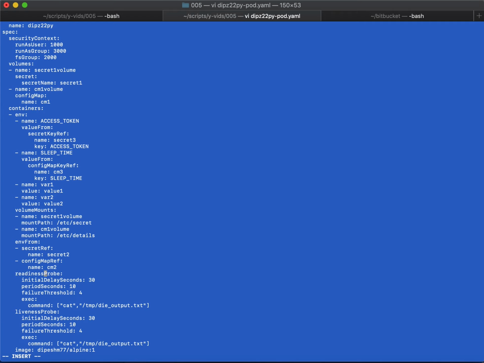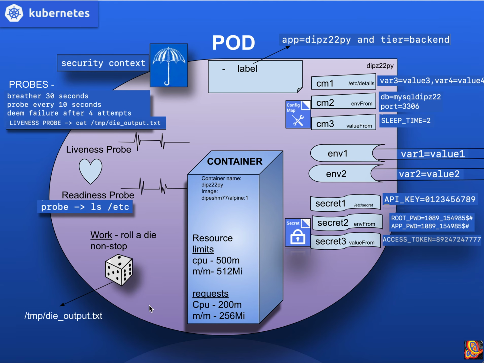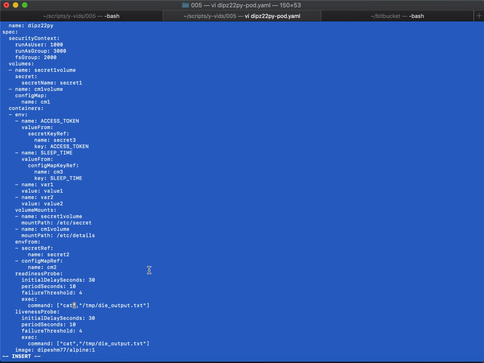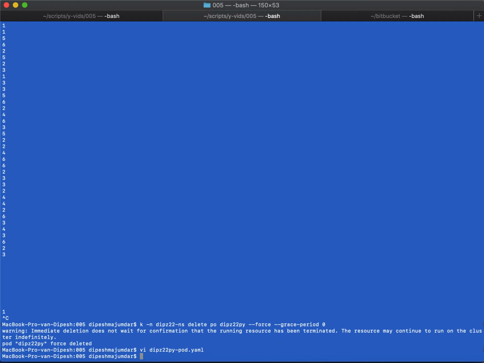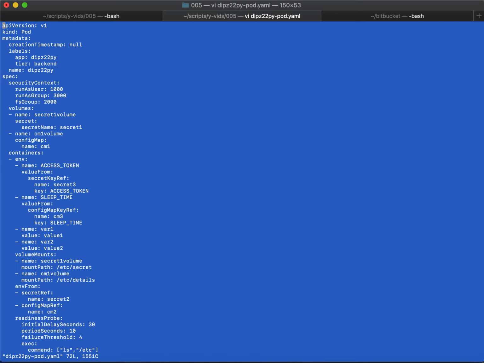readiness probe. Every parameter remains the same, just the exec command I am going to change, because what is my readiness probe? I am doing ls /etc. So I am just changing cat to ls, and /etc will be here. That's it. We are good. Now, before that, let me go back and say